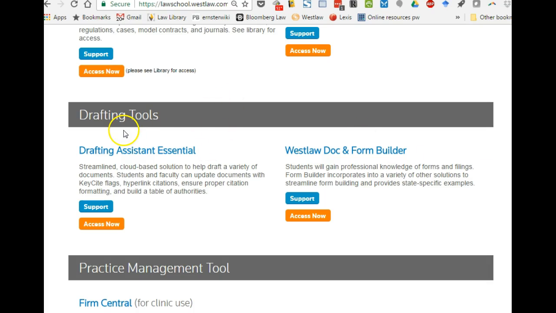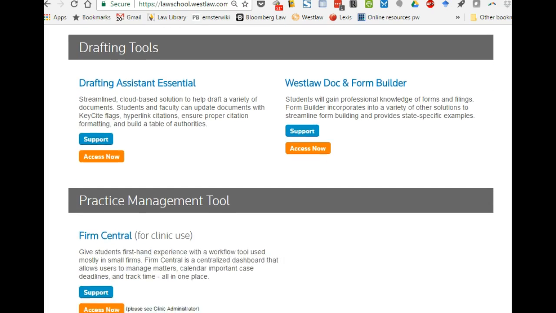There's also these drafting tools. So that's what we're looking at. We're looking at Westlaw Doc and Form Builder. There's also this drafting essential that helps you with other types of documents. And we're not going to spend a whole lot. I mean, I could spend a good 2-3 classes on just this stuff. Obviously, we're not going to do that. We don't have time, and I'm not entirely sure how many of you, even if you are in a Westlaw shop, will have access to these. So I'll give you a basic introduction of what it might look like and why you might be interested, and then you can investigate. One of the